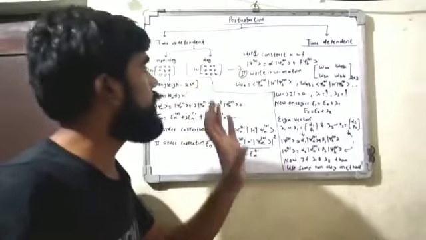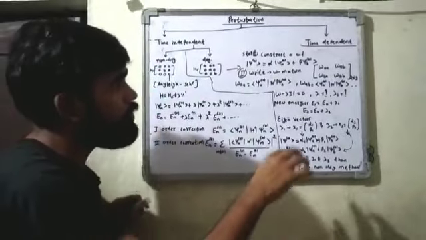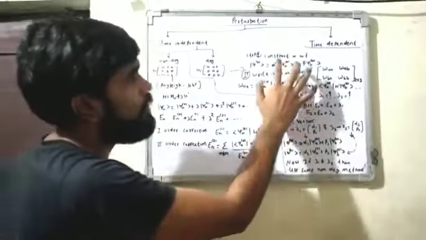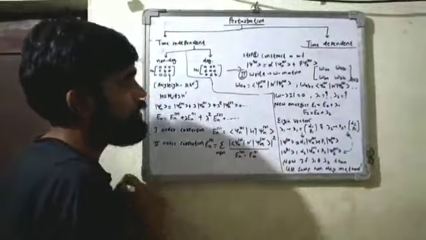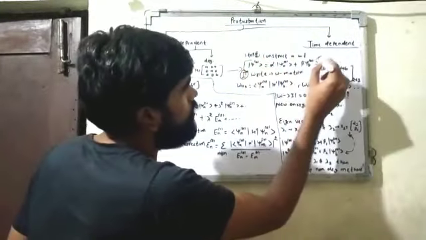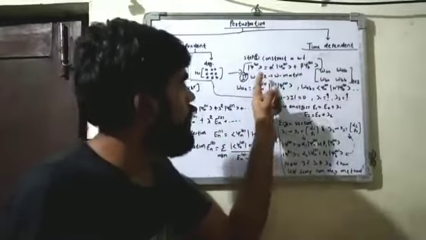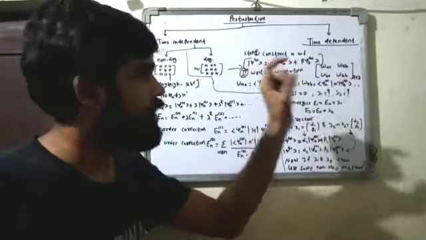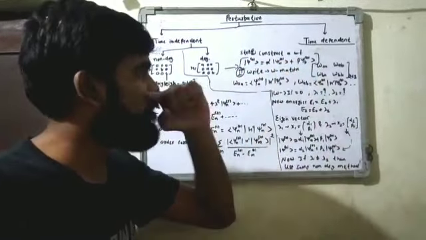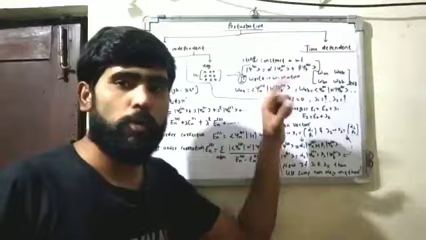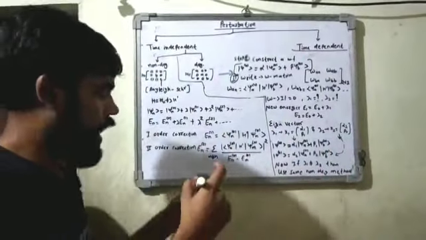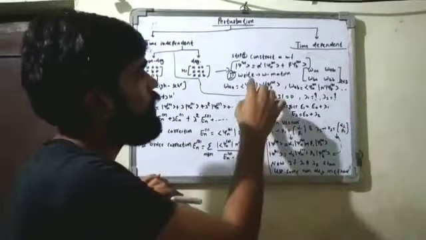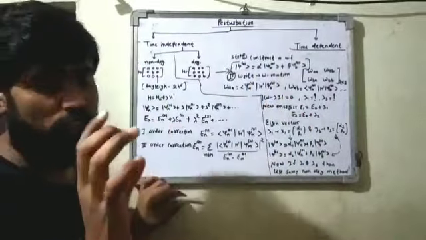For degenerate perturbation theory questions, we use some steps. First step is we construct a wave function, that is this. Okay, that means alpha and beta are the constants, and psi A and psi B are the wave functions corresponding to eigenvalue A and eigenvalue B. Okay, now second step is we make a W matrix. What is W matrix?